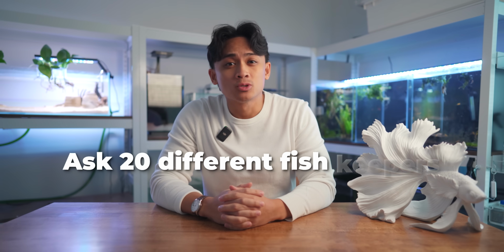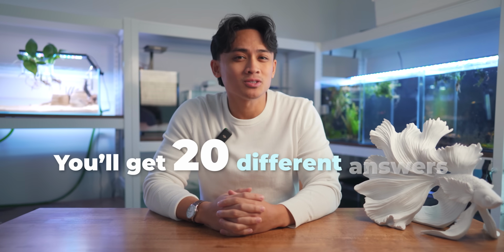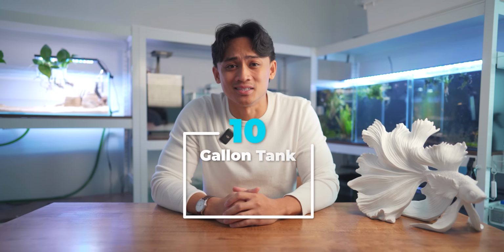You know, if you ask 20 different fish keepers what you can stock in a 5-gallon tank, you'll probably get 20 different answers. And you know what? Some may even judge you with a 3-paragraph essay on Reddit explaining why you shouldn't even consider anything less than a 10-gallon tank minimum. What you could stock in a 5-gallon tank is one of the most debated topics in